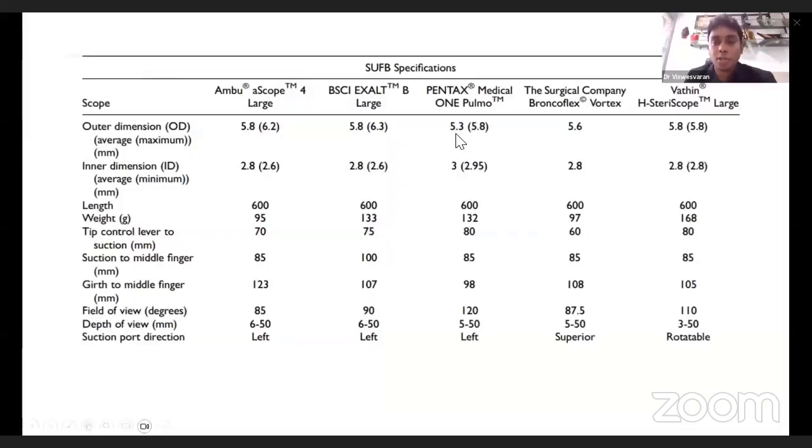the market. So if you look into the specification comparison of these scopes, most of the scopes that are currently available, the adult scopes, have an outer diameter of around 5.8, but few of them range between 5.3 to 5.8. The inner diameter varies between 2.8 to 3. And this 3 millimeter can provide an effective therapeutic channel even for doing complex interventional procedures. And almost all of them have a length of around 600 millimeters, and the weight ranges between 95 to